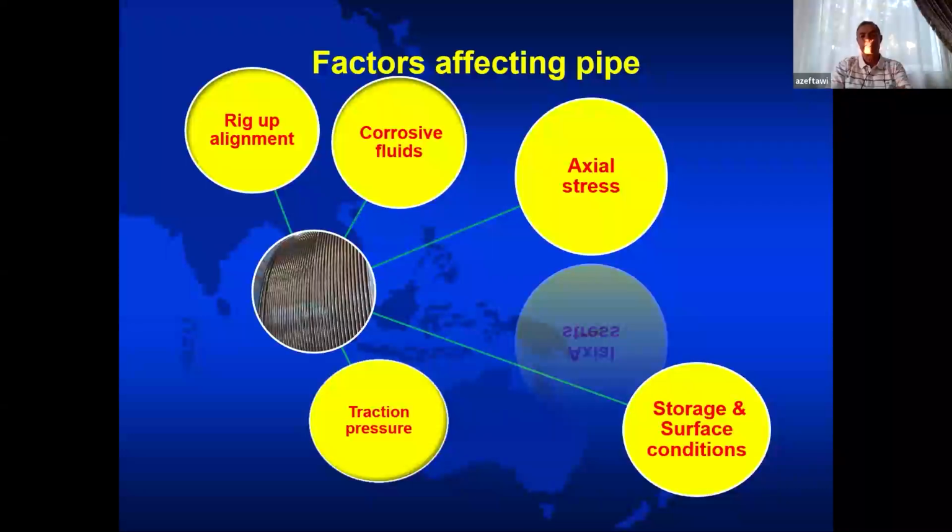It varies from one operator to another, and accordingly, pipe life is affected from one operator to another based on his experience and knowledge of how to treat his pipe correctly. The axial stress, definitely it affects the pipe. Because if you are running to 15,000 feet, who holds the weight of 15,000 feet? It is the injector chains. These are the injectors that grip on the pipe that holds the weight of